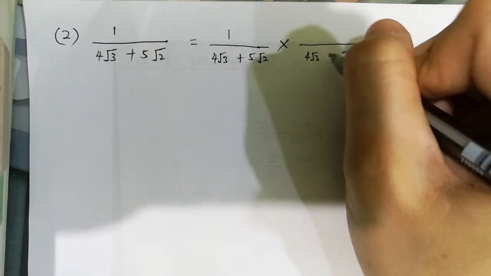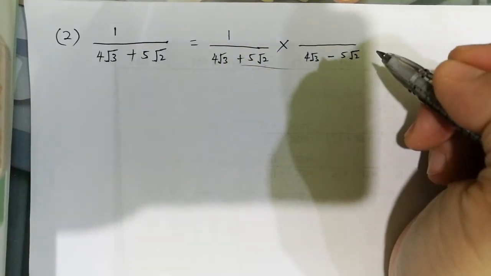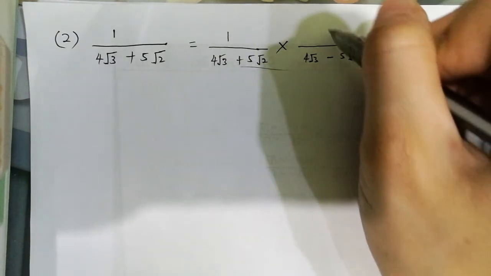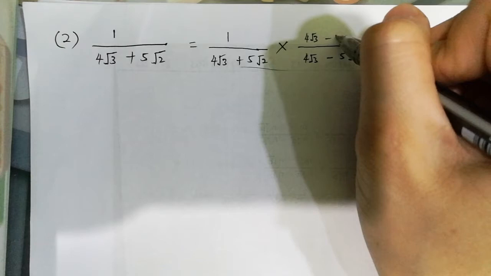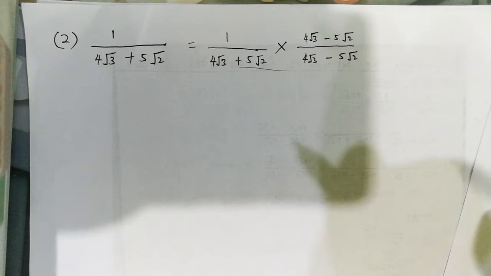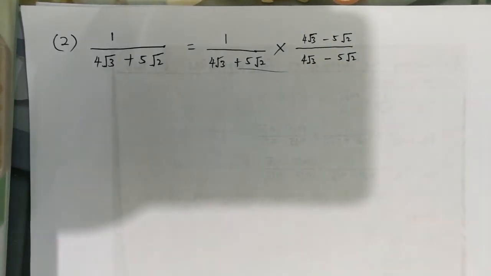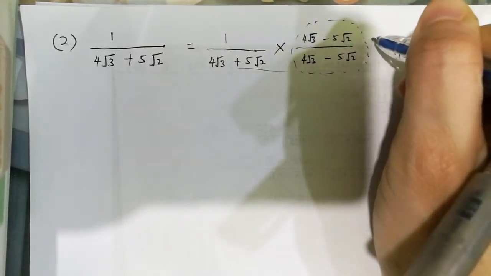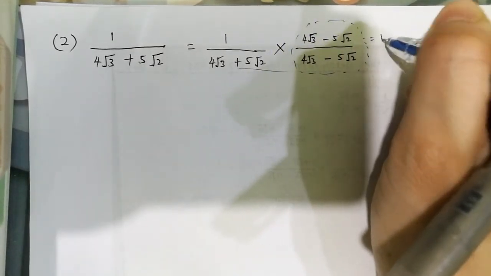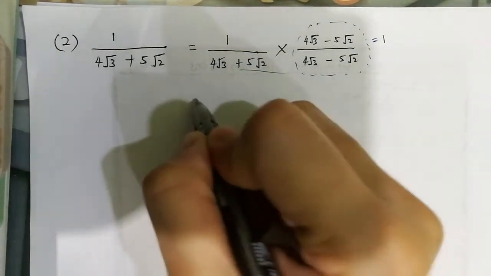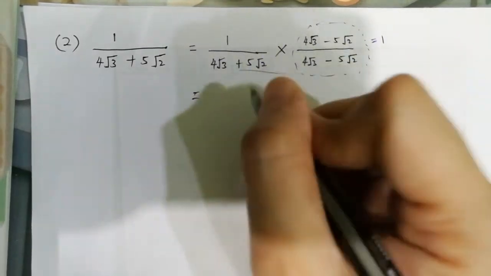I choose this one minus because 1 plus, 1 minus, and this one later I will get A squared minus B squared. So this should be 1, right? So up and down should be the same. Must be the same actually. So that is 1. The whole thing here is 1 equal to 1. Multiply 1 is still this. Don't change anything. Now this 1 times this, I will get 4,